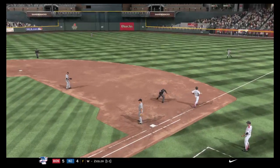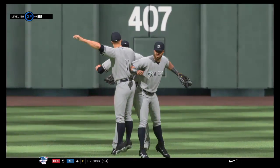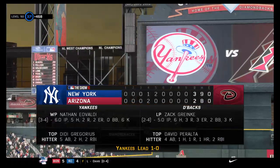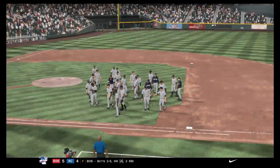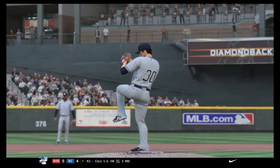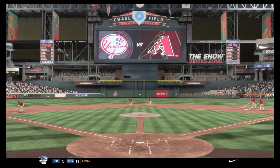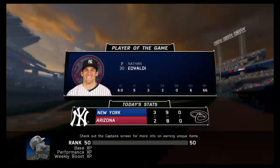Throw on to first, and the Yankees have taken game 1 of the series on the road as the ballgame is over. This one, definitely a low-scoring affair as we get one last look at our final line score. Well, you always hope to get a good outing from your starting pitcher, but this man went above and beyond in this one. He's our top player of the game. Yeah, I thought he really pitched well. He ran into a few...